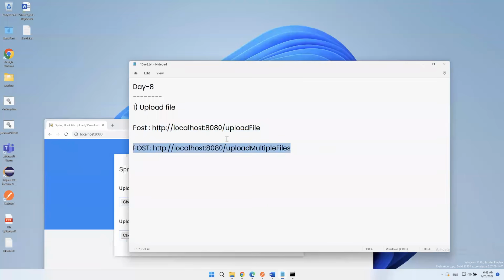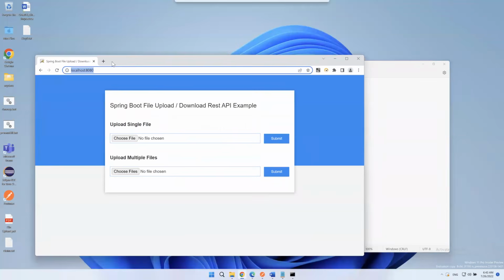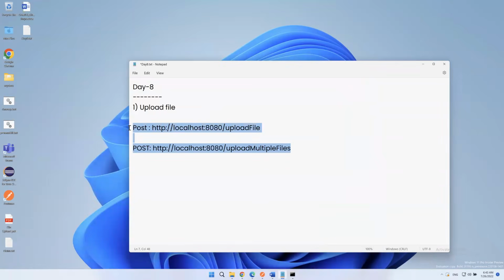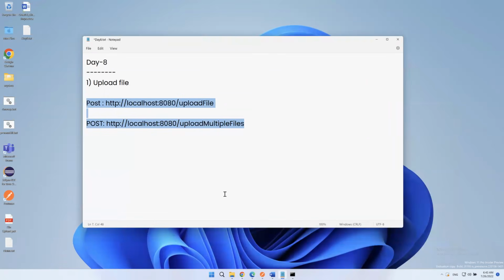Through these URLs, we are trying to upload the files, and not through the UI. So through the API request, we are going to upload the files. Okay, that's our context here. Fine. So now,